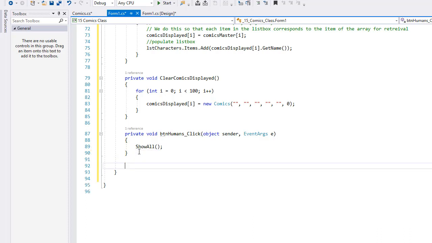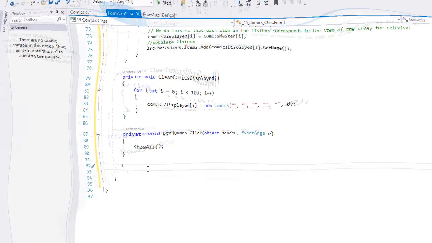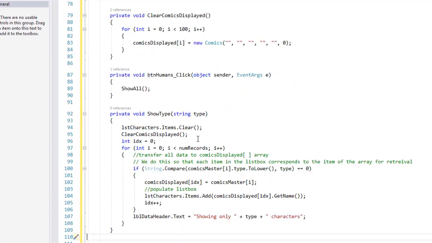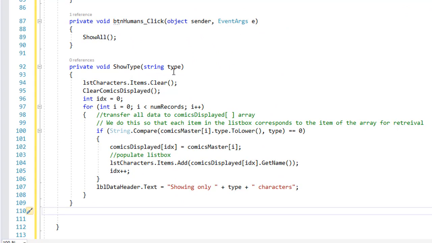For the dog and cat, and I might want to do others, maybe I want to do another button for birds. I'm going to make this a little more extensible by creating a method to extract the data based on a particular type that is passed to it. Once again, I'm going to copy some code in. So here's the method that I called showType, and I'm passing it a string that I'm putting into a parameter